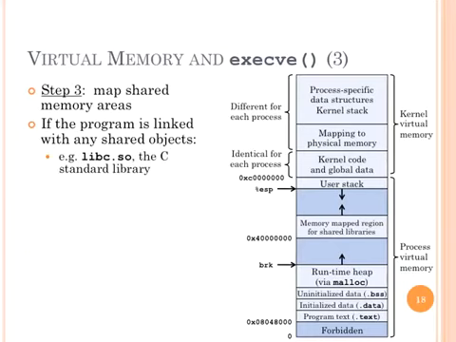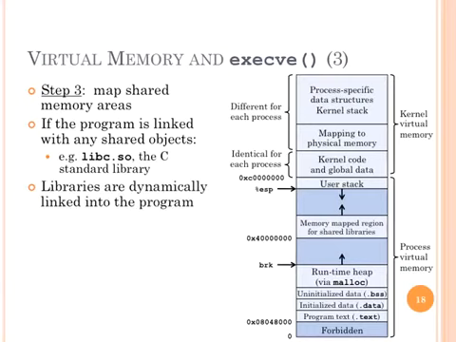Okay, shared memory areas. So if we have any shared libraries, this is like the 4000 section. Then we map shared libraries into the process's virtual address space. There's a whole thing called dynamic linking. Some of you may have heard of dynamic linking. Really cool mechanism. Because like I was saying, the operating system kernel doesn't know what shared libraries are required across